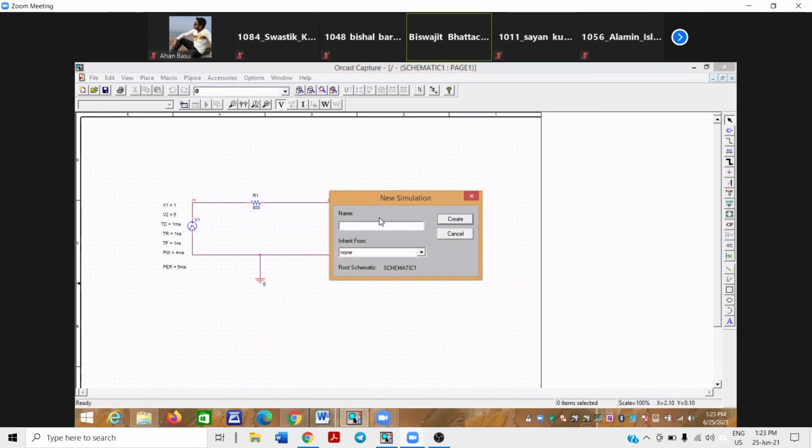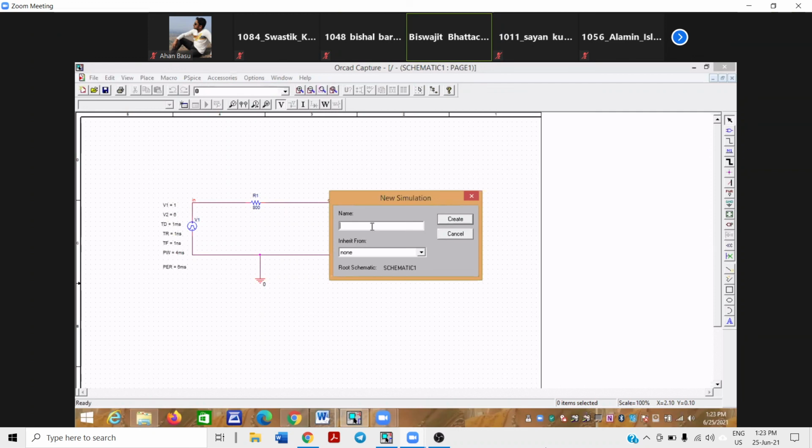Once you click new, it asks for a name. Normally under the same project, you can create multiple simulation profiles. But we don't want to do that now. We are beginners, so I suggest you give the same name. Our project name was test 1.